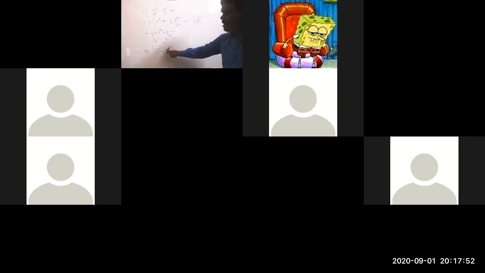If you take x power 1 by 3 common, then what about the first term here? x power 1 by 2 by x power 1 by 3, then x power 1 by 3 plus 1, into dx. Now a power m by a power n, you can simplify that. a power m by a power n equals a power m minus n. So clearly we can take 1 by 2 minus 1 by 3, LCM 6. This is 3 minus 1, so we'll get 1. x power 1 by 6 plus 1 into dx.